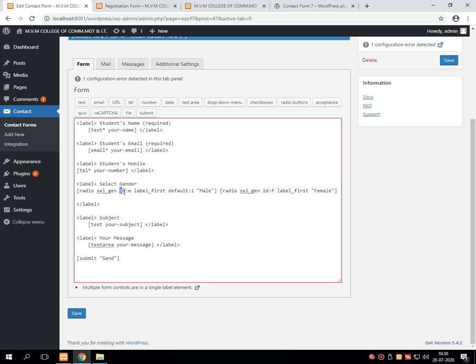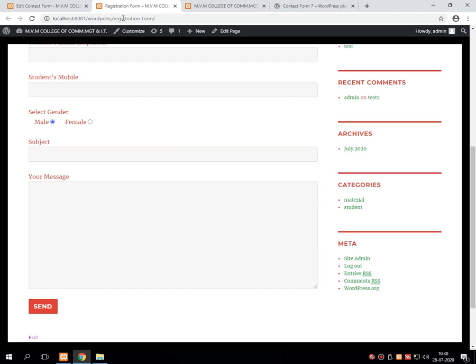The ID of the first radio button is M for male, and the ID of the second is F for female. Whenever I save these changes and refresh the page, it displays select gender with the selection of any of the options.